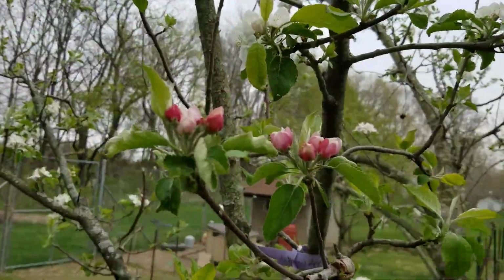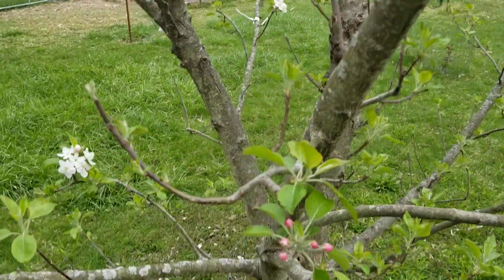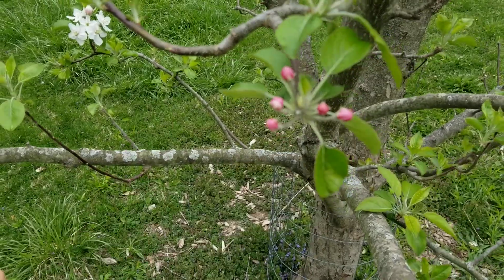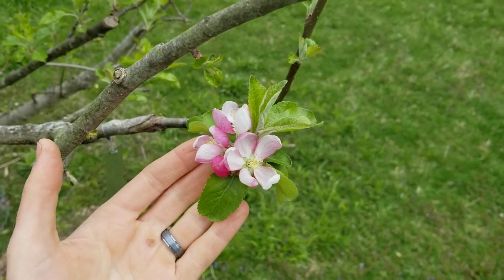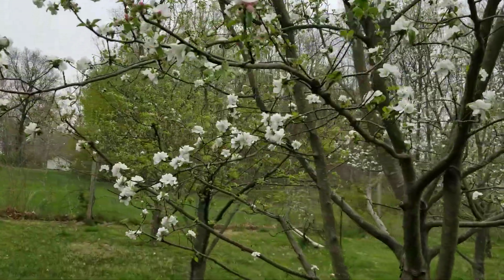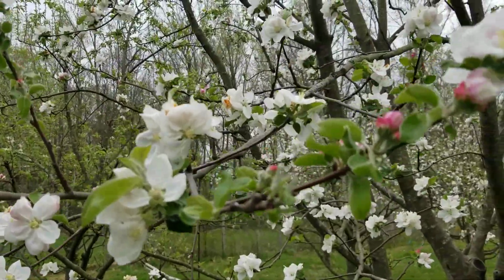Ashmead's Kernel just bloomed, just started opening up, might be in about as much danger as the fully opened ones. But some of the Westfield here are a little bit earlier on, so it's one of those where we might see some damage to some of the blooms and others might make it through. And my November Peach here just opened up today, I believe, because this was not open last night. The Gravenstein is certainly quite open with its blooms, but there are some in here that are earlier on in the stages,